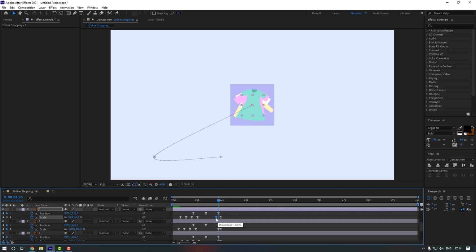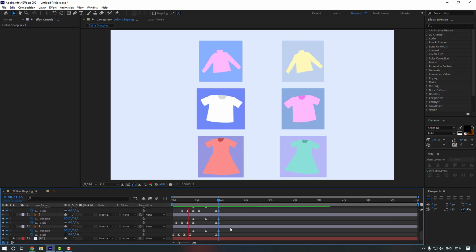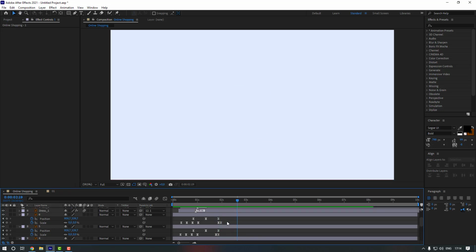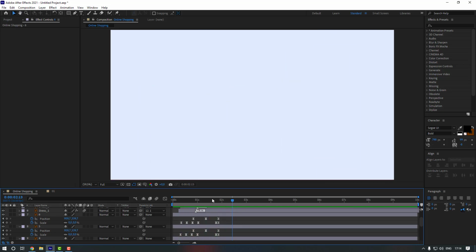Actually, let's move this keyframe to the left and this one to here. Now let's do the same for all of them. Let's see it now. Okay, let's do this one as well. Let's see now. Nice. Now let's close them